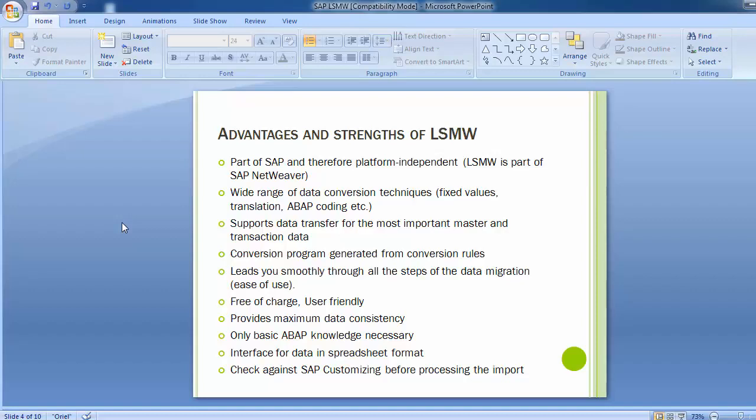Then it supports data transfer for most of the important master and transaction data. So it basically covers any of the transactions or master data within SAP in the LSMW part. Conversion programs generated from conversion rules lead you smoothly through all these steps of the data migration, and it's very easy to use. It is free of charge